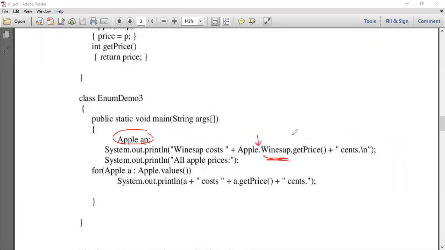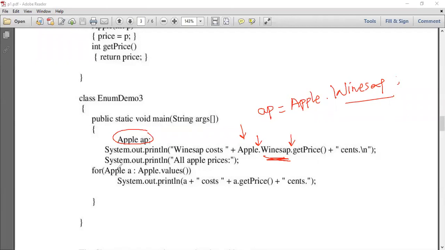You can observe the two dot operators over here: one follows after the enumerator, then the object, then the function. There is no need to use this particular ap also. Or we can also assign ap a value like this, apple dot, this particular category of apple.